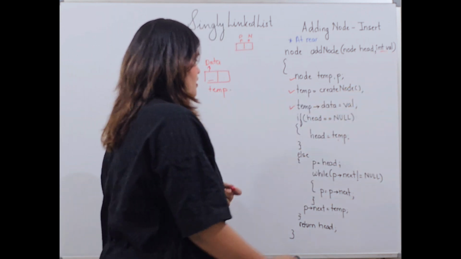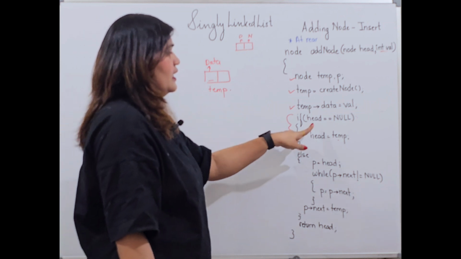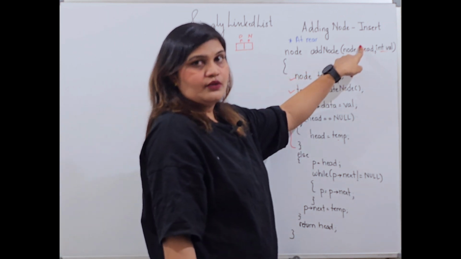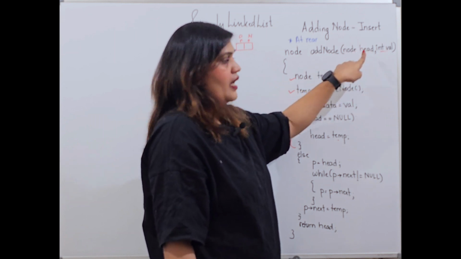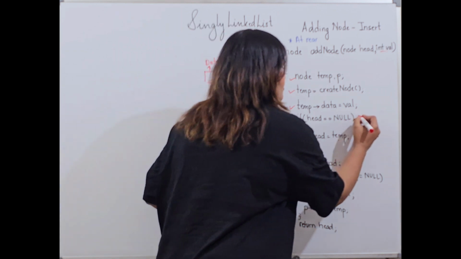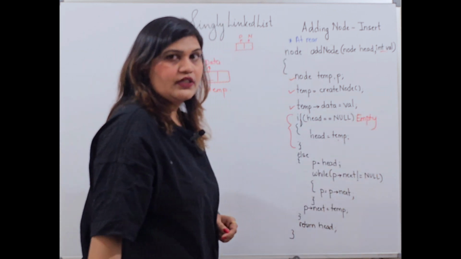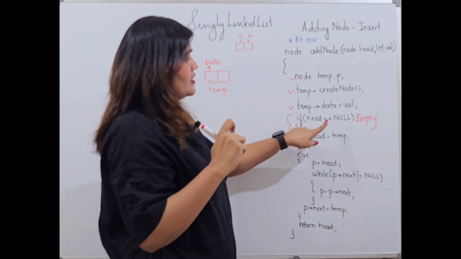Next thing that I do is my if condition. Now this if condition says that if head is equal to null. When I'm passing a node from here, which is head, if this value is null, it means that your list is empty. So if head is equal to null, that is, this value of head is null,